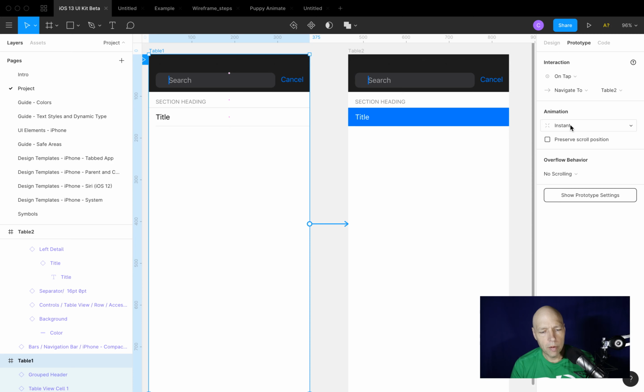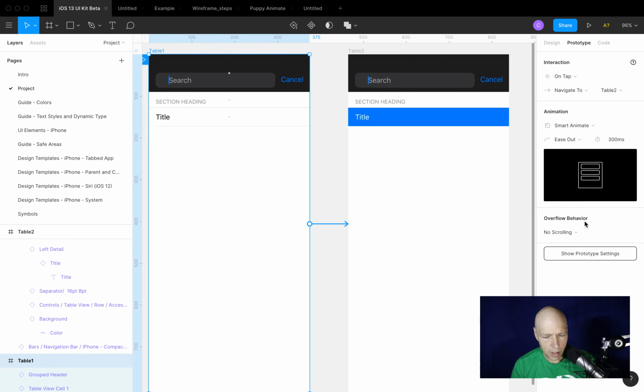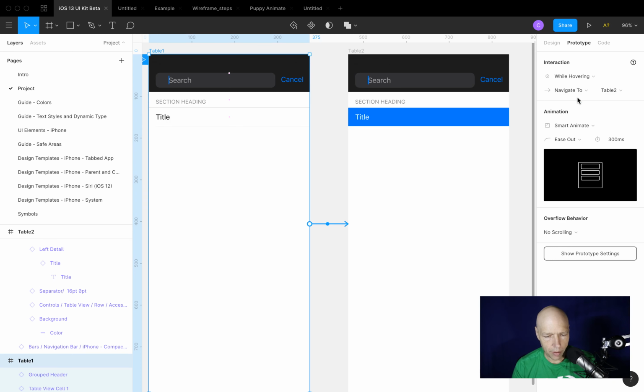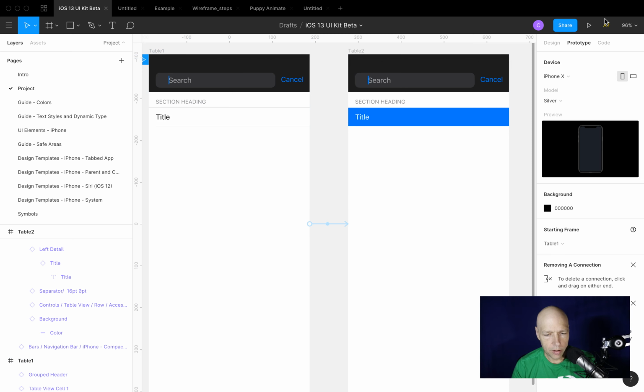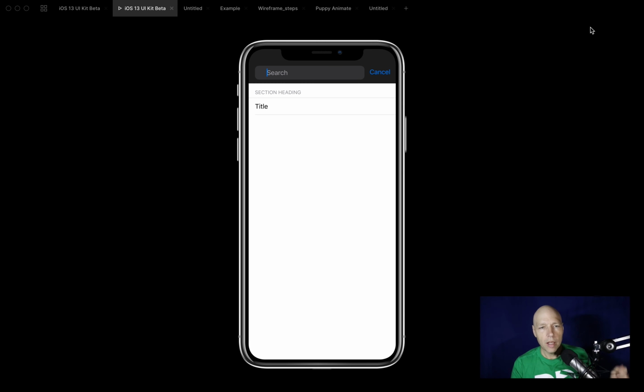Now, the big thing we want to do is we want this to smart animate when I hover over it. So I'm going to hover over this, and that's going to trigger it to navigate to. So let's go ahead and look at this in a prototype. And what's important to realize is that, keep in mind, this prototype exists